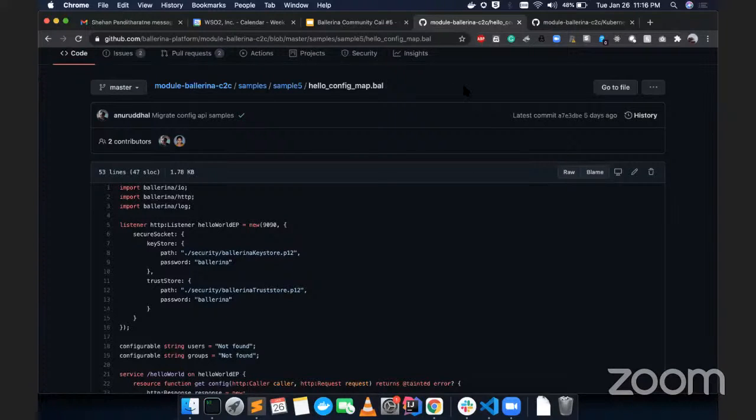Any more questions? So in the build command that you have issued, you put the cloud equals k8s option. Yeah. So that's the command you have issued, right? Is there any other deployment we are supporting other than Kubernetes?